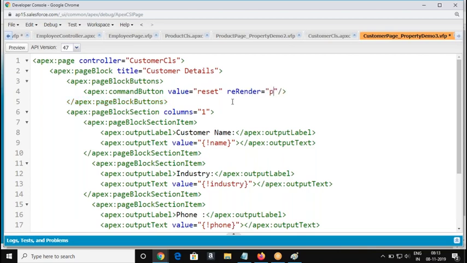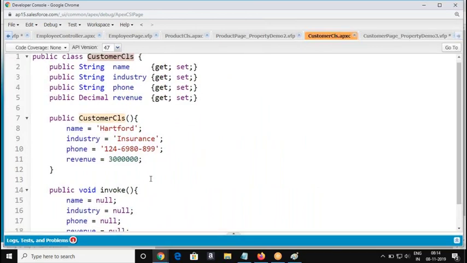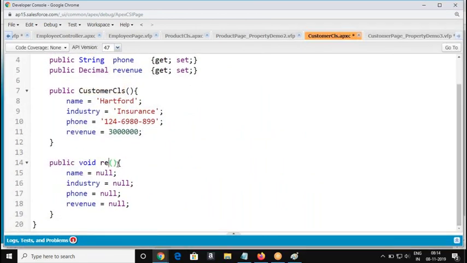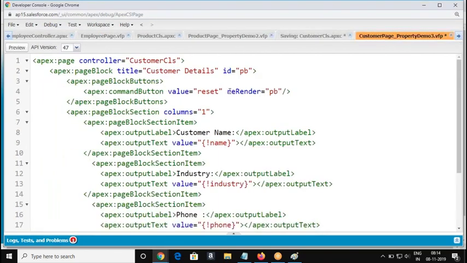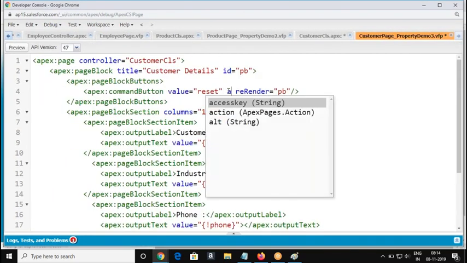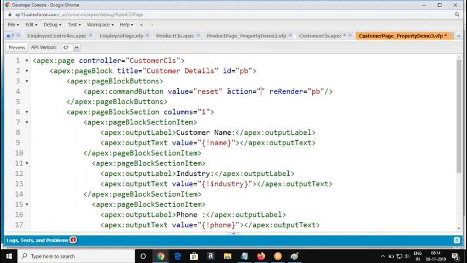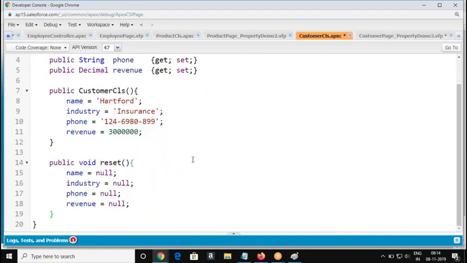I would like to refresh only this block alone. Then I'm going to call the method. What is the method? Invoke. I make it reset. So the reset method I'm going to call. So we are going to call the method using action. So this is the format we'll use. Okay. Let's save this.